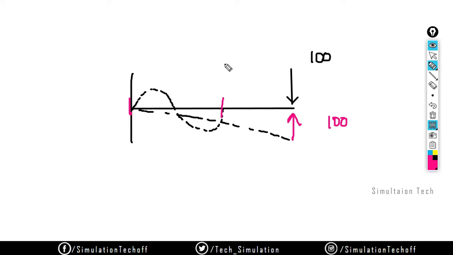Why? Because the load cannot vary with respect to time, right? It's a steady state one, not a transient one, so the load cannot change with respect to time. That is why this analysis uses the harmonic method. It changes the direction of the load, one in the positive direction and another in the negative direction. It is not tied to the x-axis, y-axis or z-axis; it depends only on the normal of the faces. If we have a line, this is normal, so the positive and negative values will differ. This is called